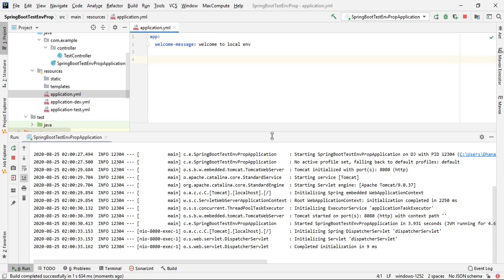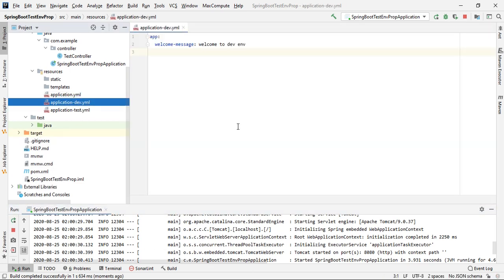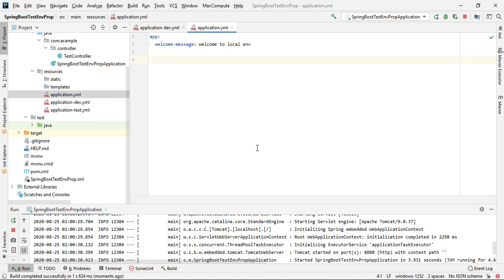So that's all about this example. Basically, in this example, we saw how to read the configuration based on the environment. Suppose you have different databases pointing to different environments. In that case, we have different usernames and passwords as per the environment. So it is not recommended to keep all those things inside the same YML file, or to change the code. Instead of that, we can manage that through an environment variable.